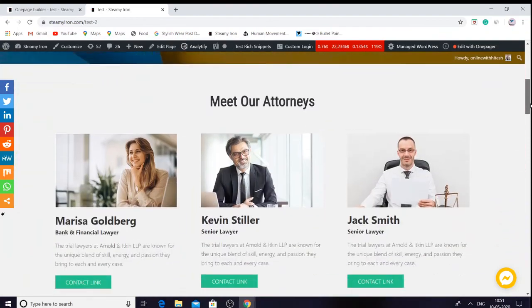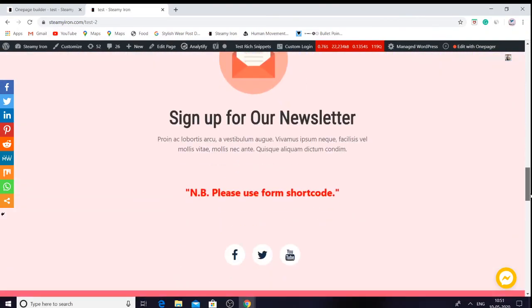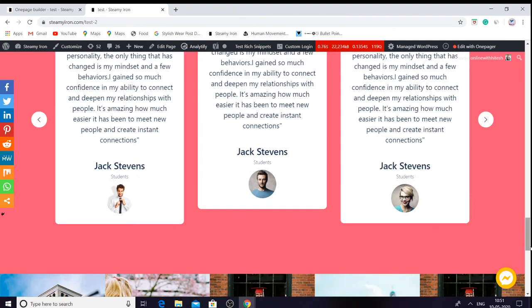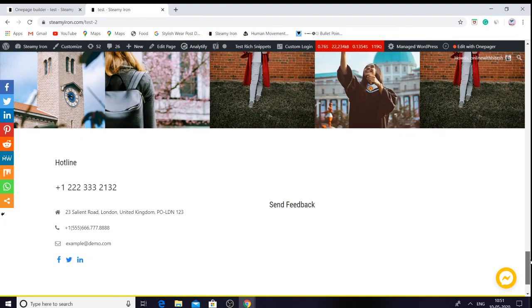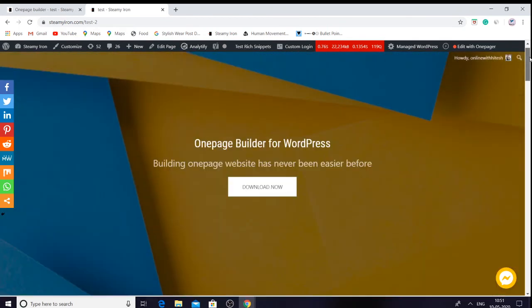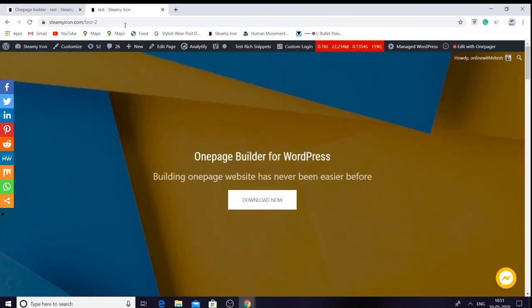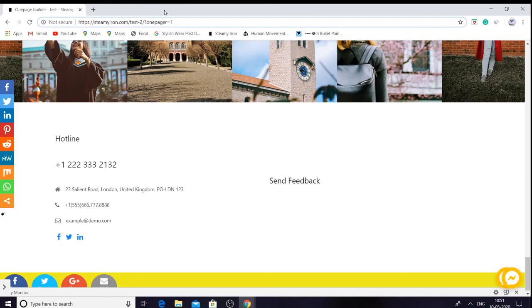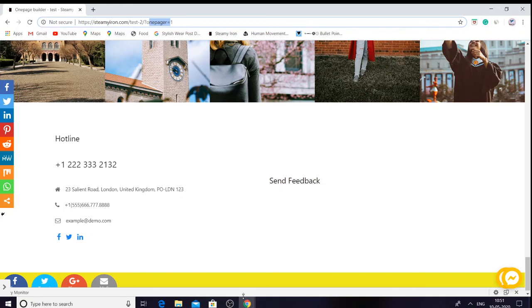Look here, everything. We normally do not use this many blocks in a single page, but for demonstration purposes I embedded all these blocks here. So it's our plugin for today, One Pager, which is working fine with WordPress for now, and we can all use it to create custom WordPress websites easily, and within 1 hour our website will be ready.